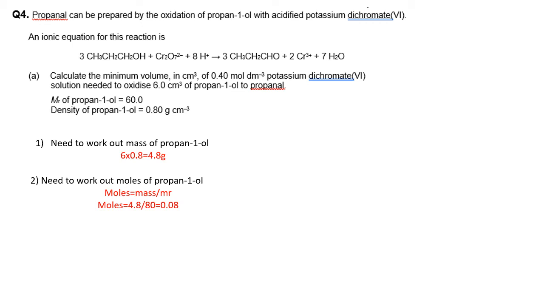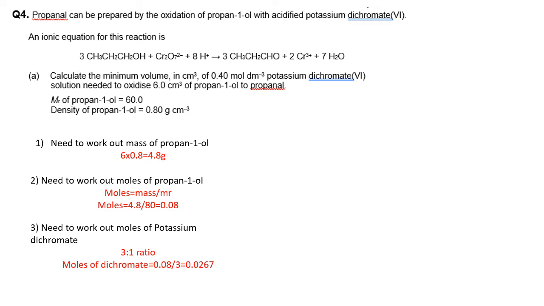Now, we've got to work out the moles of the dichromate ion. And we can see from the equation they're in a 3-to-1 ratio. So that means we need to divide our 0.08 by 3 to get the moles of the dichromate, which gives us a value of 0.0267. So now for the dichromate ion, we know the moles